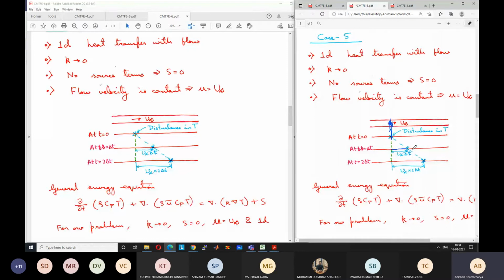What I am saying is correct or something is wrong? The speed multiplied by that time interval we have taken. So speed multiplied by delta t in this case. So after delta t time, this is the point, speed multiplied by the time. Okay. So now can you say which region will get affected? This region, is it?